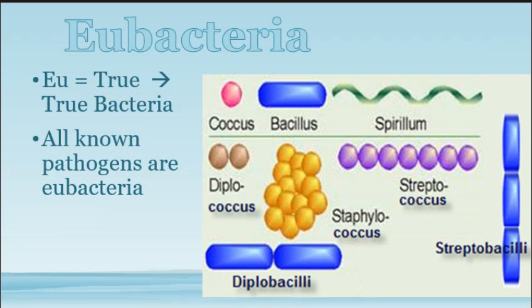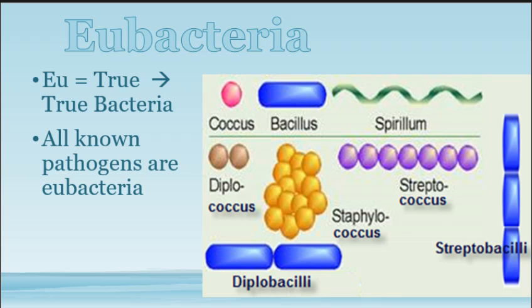Okay, it turns out that the eubacteria come in three main shapes. They're either a circle shape, which is called a coccus, or cocci. You've probably heard of staphylococcus or streptococcus. If you have a bunch of them, because they're living in a colony, we have something called staphylococci and streptococci. I remember not too long ago, one of the final words in the spelling bee contest was staphylococci, and the kid had to spell that, and they did. Yes? What about coccidia? Coccidia has the same shape, but coccidia is not a bacterium.